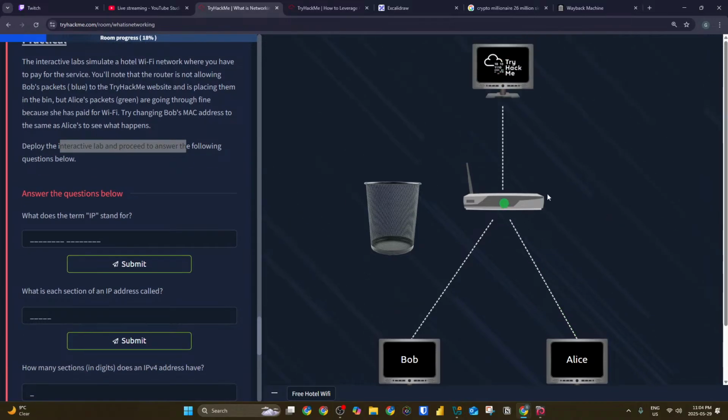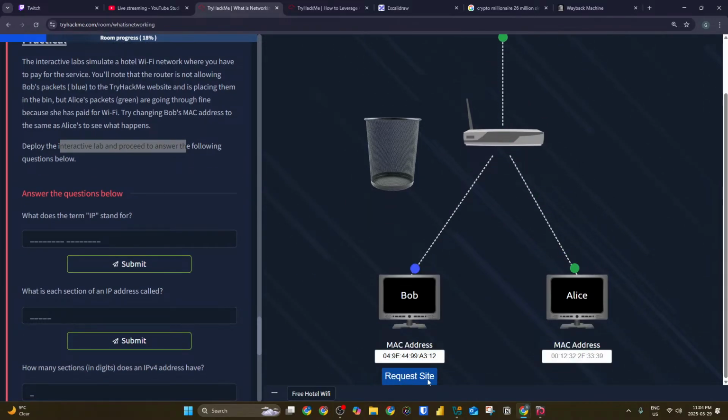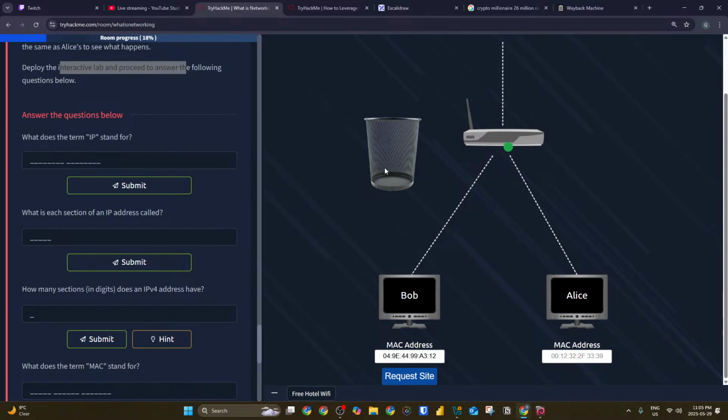So basically what is happening, we have Bob, right? It sends a request. These are going in the garbage. Alice's are going fine to TryHackMe. What a bunch of, I don't want to use a bad word, but you can think of one. So this Alice has this IP address. Let's see if we can change this one to